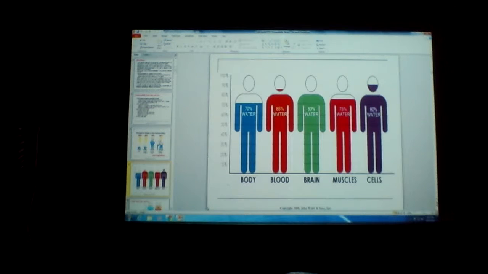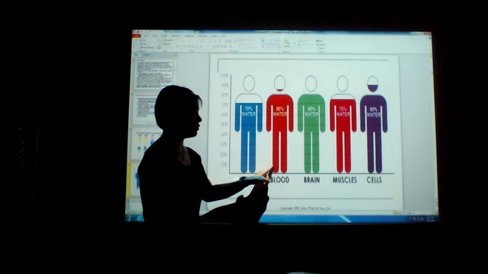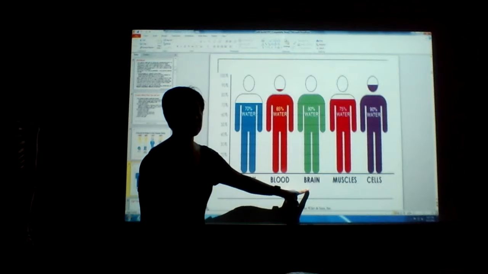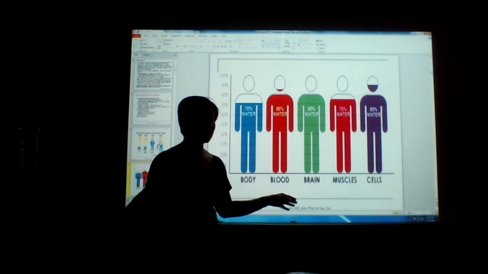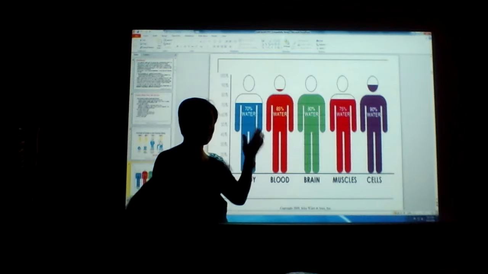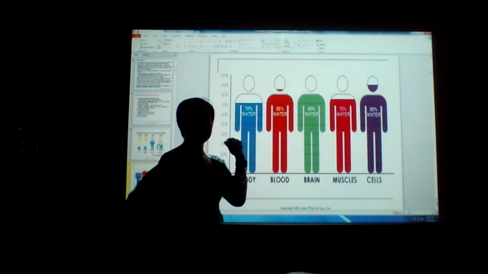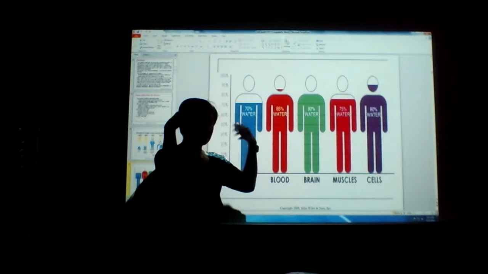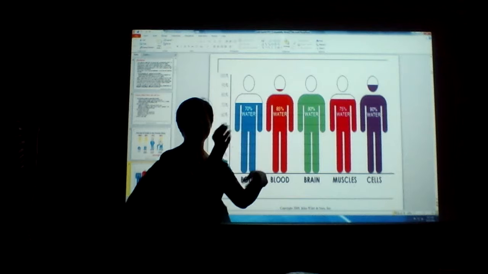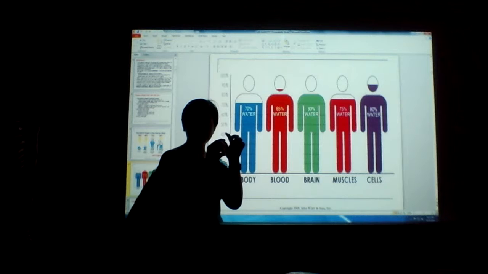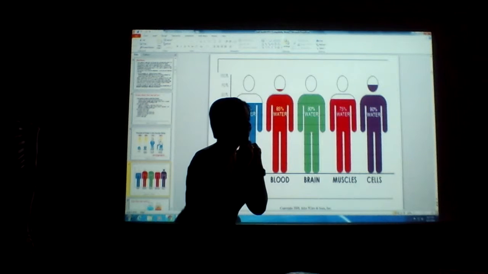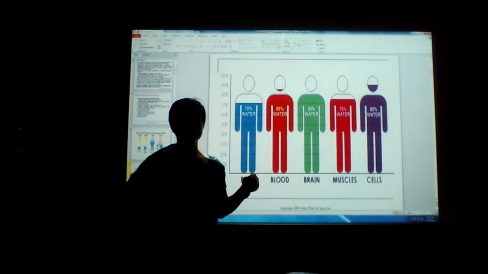Look at where this water is. Your blood, 85% water. Your brain, look at this. So that's why if you don't drink water, do you think you'll be able to do well when you take the test? No. Like our children, with Lilia, I always nag her, drink your water. I always want to know how many times she replaced her water bottle. Because they get distracted, they play. Or even at school, the recess time is very limited, so they eat and then they just want to have more time to play. And then they forget to drink.